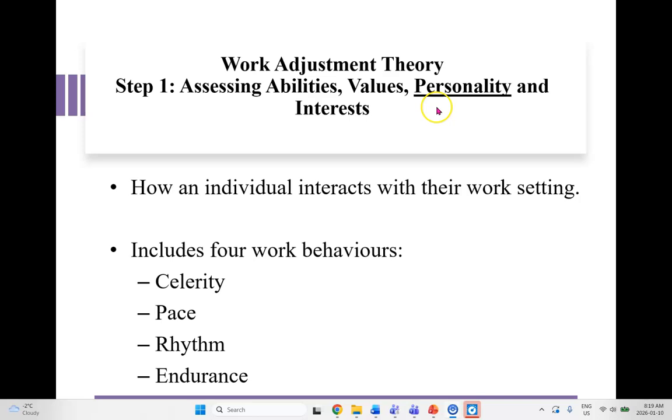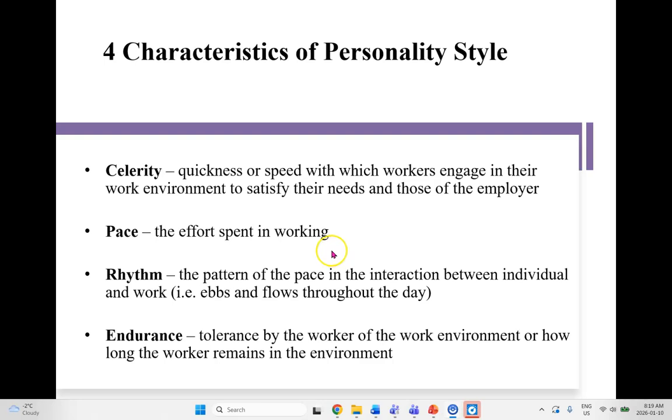We also want to think about personality, how an individual interacts with their work setting. This includes 4 work behaviors that are described in the theory: celerity, pace, rhythm, and endurance. Celerity refers to the quickness or speed with which workers engage in their work environment to satisfy their needs and those of the employer. So sometimes an individual has the skill to do something, but they can't quite do it